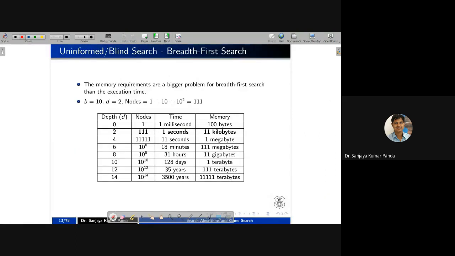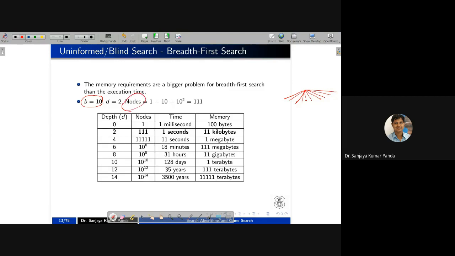Now you see, with a given value of b and a given value of d, what is the total number of nodes in a particular tree? Why am I saying this? The reason is that you have to store these nodes, so you have to think about memory. Like if the branching factor is 10, it means one node has at most 10 children. And if the depth is equal to 2,